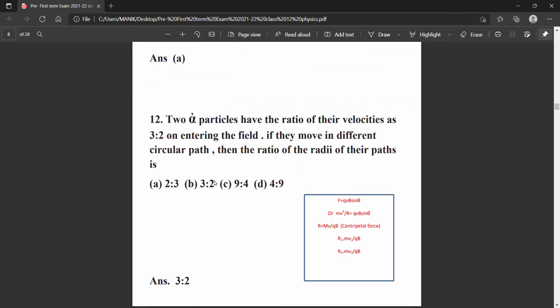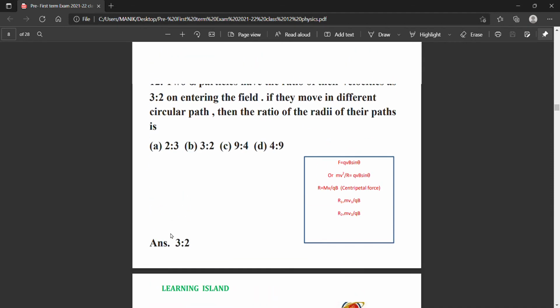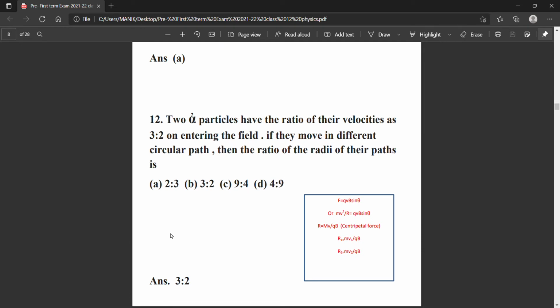Question number 12. Two alpha particles have the ratio of their velocities as 3:2 on entering the field. If they move in different circular paths, then the ratio of the radii of their paths is. Here the answer will be 3:2. You have to keep in mind that if particles of the same mass have different velocities, say in the ratio 3:2 or whatever the ratio, after entering the magnetic field,